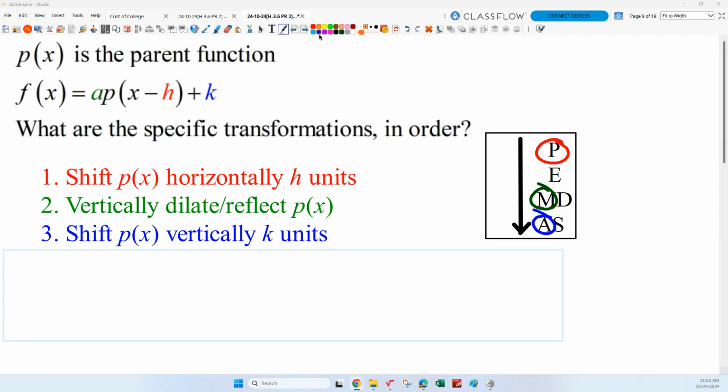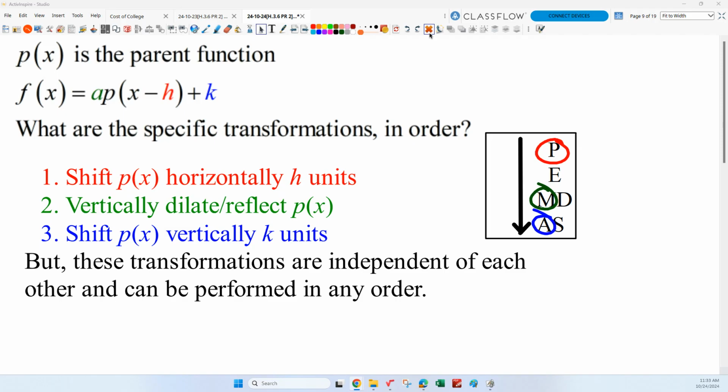That is not the most convenient way to do it. Okay, I'm going to show you a better way. The good news is you do not have to follow PEMDAS here. This is important. All of those transformations are independent of each other. You can do them in any order, which is really nice. What that allows us to do is something really cool. It allows us to, when we're applying the translations, which we would do first,